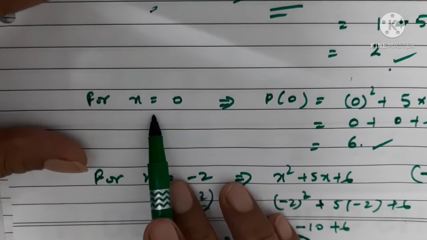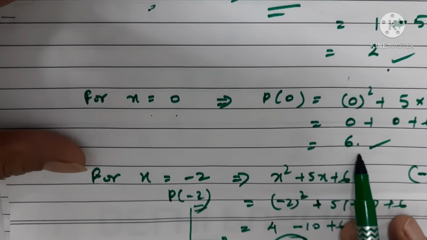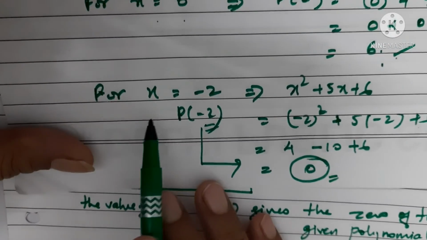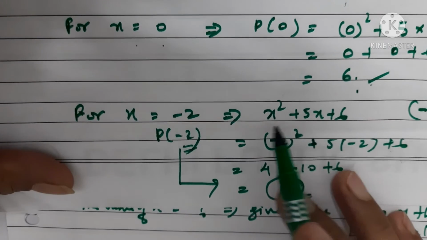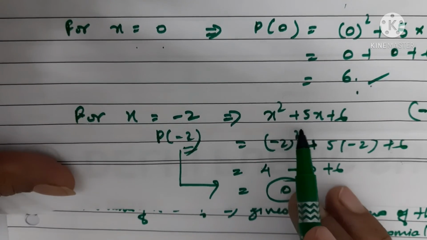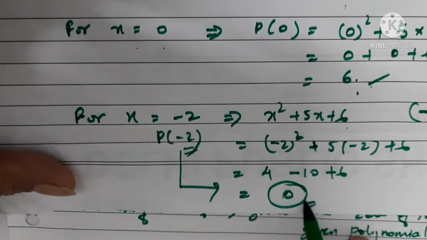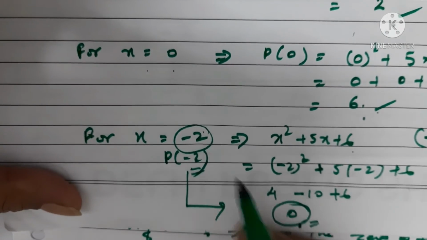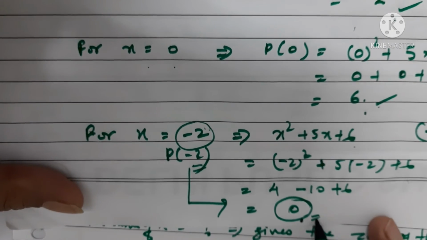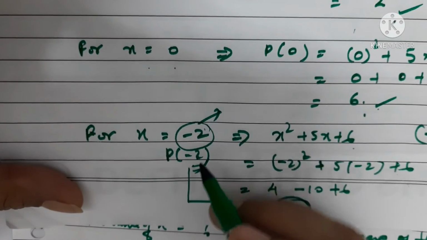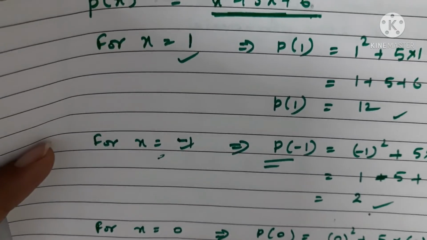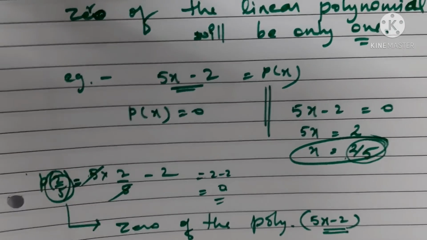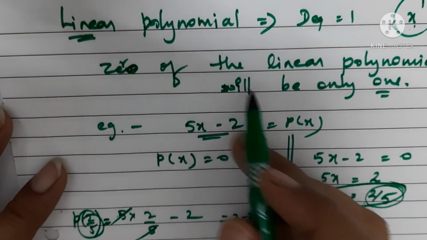In this case, you have put x equal to 0, and still you are not getting the value 0 for the whole polynomial. But in the case of x equal to minus 2, when you put this value in this polynomial, you are getting 0. And that is why we say that for this value of x, when the polynomial is 0, this is said to be a zero of the polynomial. Understood?